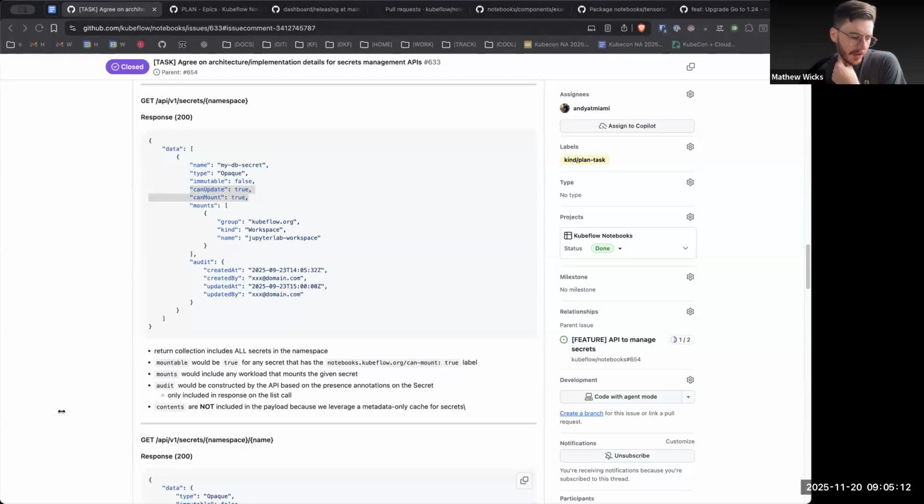When you say drop down, I do worry that just doing it in a modal drop down might make it hard. What I would love to see is an indication to the user that there are ones that they can't mount, so they should tell their admin, "Oh, I need to be able to mount that." We do render it, but my thought, feel free to disagree, is that it would be more like what the volumes look like, almost like cards, or maybe a table or a card view. Almost like a table view.